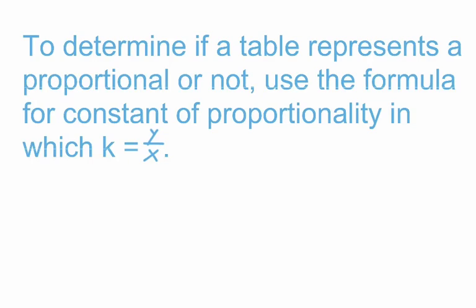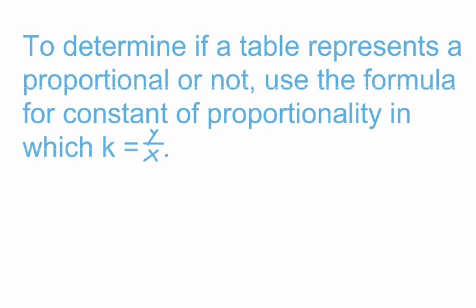relationship or not, we want to use the formula for constant proportionality, which is k equals y over x. We learned that formula all the way back in lesson 3.1. So using k equals y over x, where we simply take the y value of the table divided by the x value of the table, and if we get the same value for k each time we divide the y by the x, then we're going to have a constant of proportionality, which means that our table represents